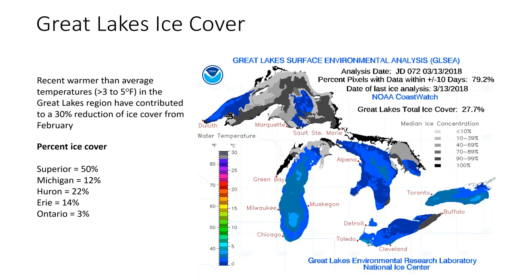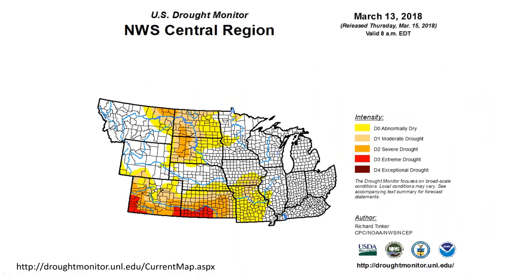Okay, so let's take a look at the latest U.S. Drought Monitor. This is hot off the press from this morning, courtesy of Richard Tinker. Really, there have been some interesting trends in drought, again with a focus on Colorado and Kansas. It's really dry. Drought persisted or worsened from Kansas westward into Colorado. We saw a change: extreme D3 drought now covers a large swath across south central and southwestern Kansas, and